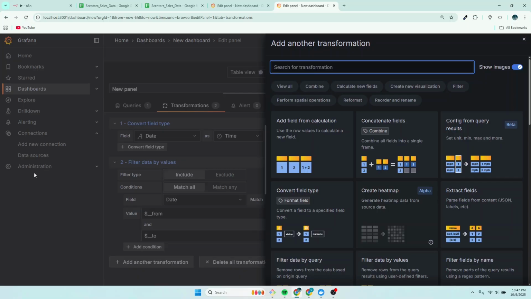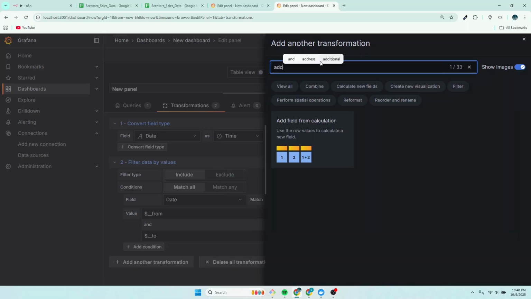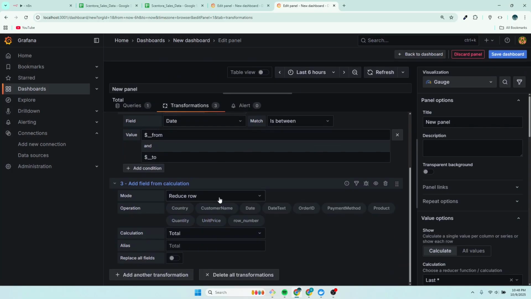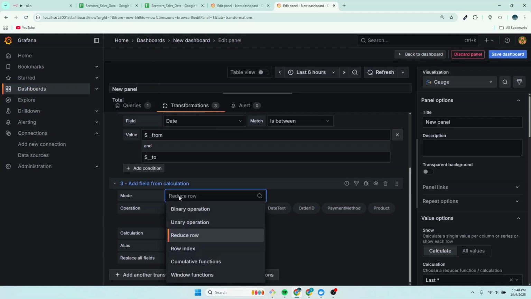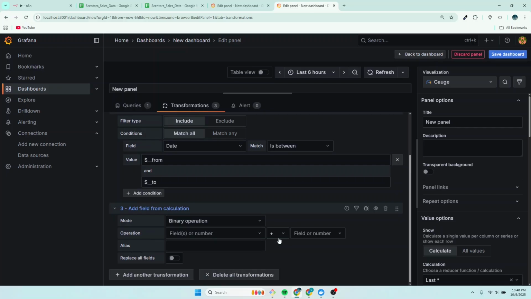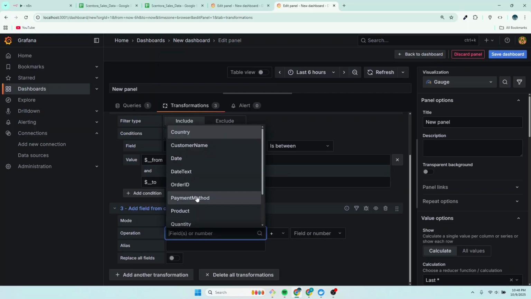Before that, I need to add field calculation. So I need to add a field from the calculation that I'm going to make. So this one. So this is going to give us this add field from calculation. And the mode that I'm going to use is known as the binary operation. Binary operation allows us to make arithmetic calculations. So I want to take my unit